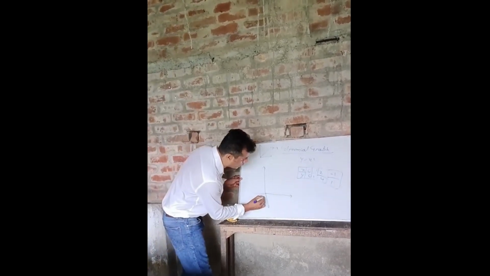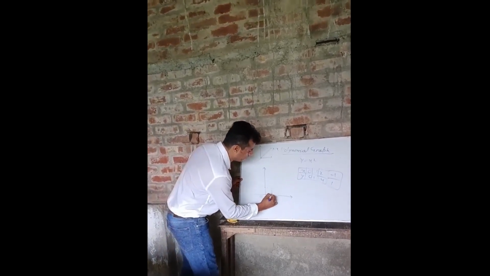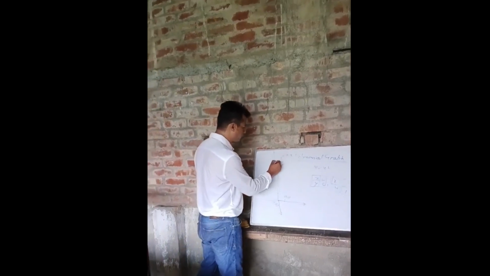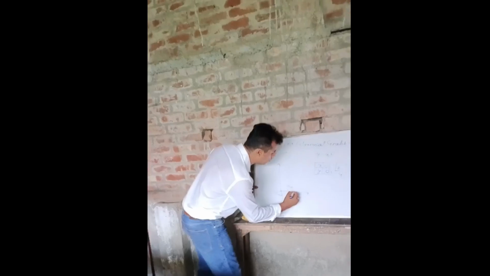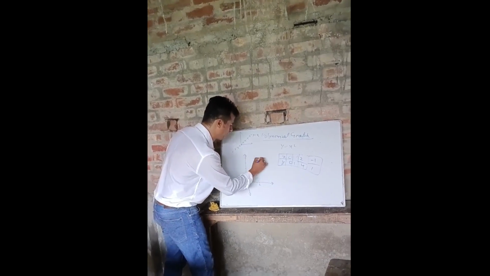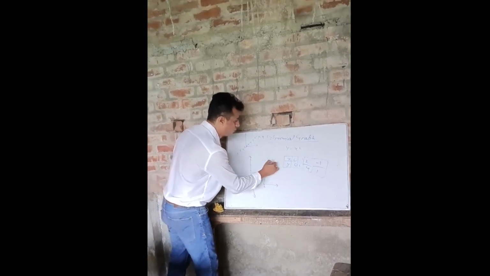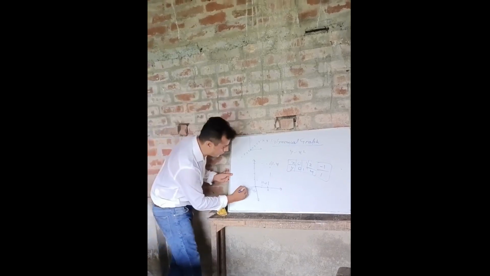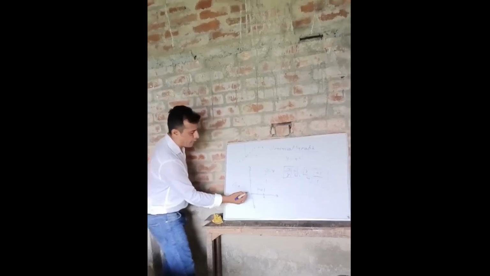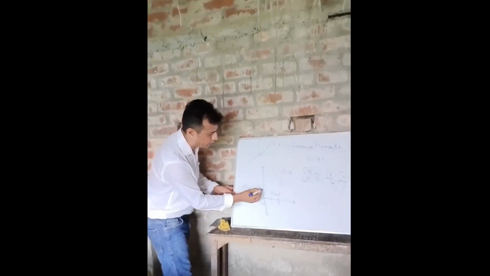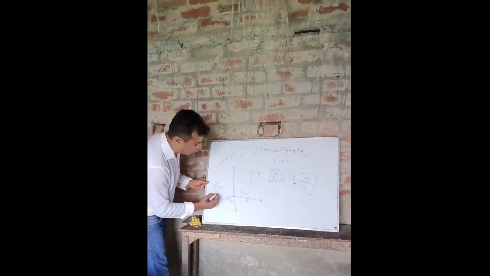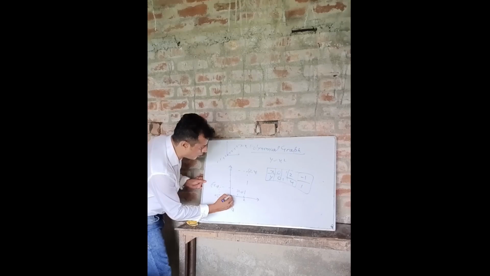Again we get the point 0, 0, and again 1, 1. These two points are the same as in y equals x. Now when we put x equals 2, we get y equals 4, this point. And for x equals minus 1, we get y equals 1. We draw perpendiculars from minus 1 and 1, and they meet over this point. So this is my minus 1, 1. Now we will join all these points.